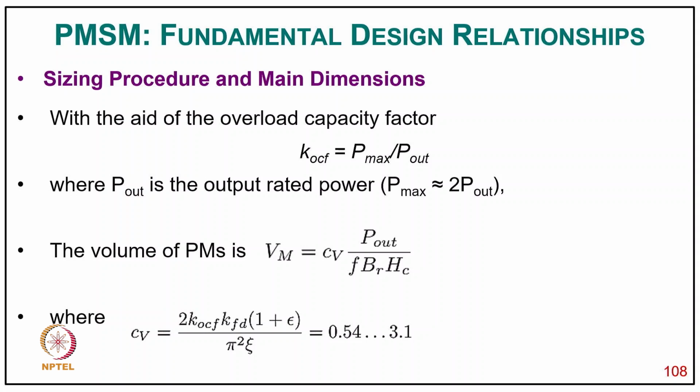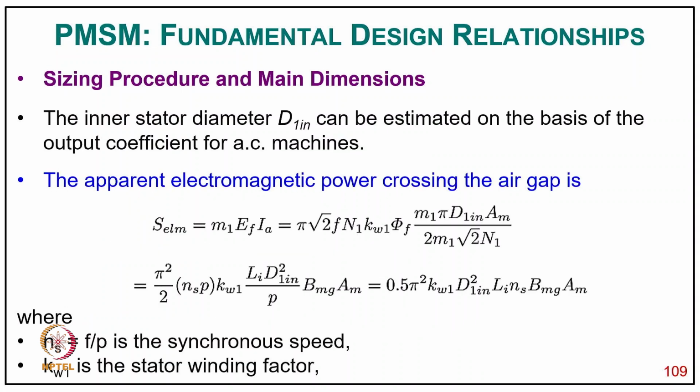The volume of permanent magnet is Vm equal to Cv, Pout upon f Br Sc, where Cv equal to kf kd f, 1 plus eta upon pi square, which varies from 0.4 to 3.1. So the inner stator diameter D1 in can be estimated on the basis of the output coefficient for an AC machine. So the apparent electromagnetic power crossing the air gap is